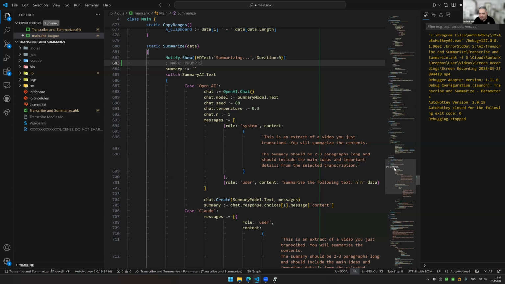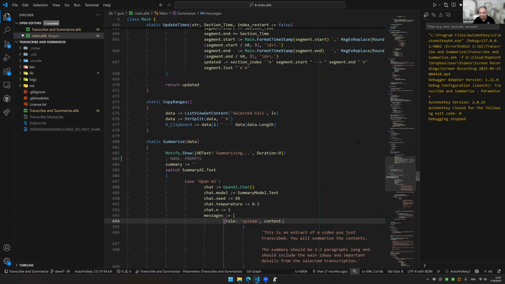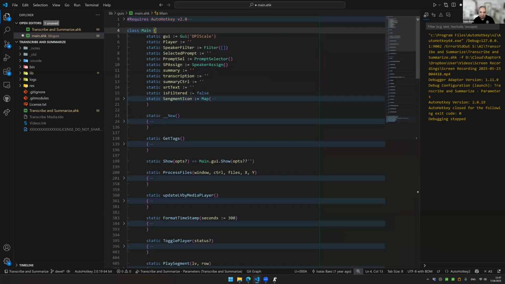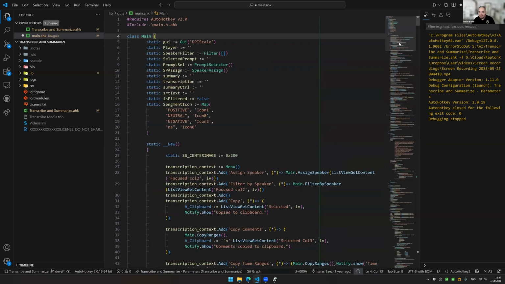And now I have a very clear location in my minimap if I'm scrolling through the code, and right now, if it is just like this, I can just